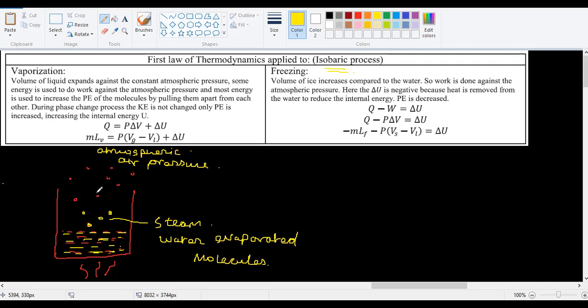So it's pushing against these air molecules. Okay, so read this with that background. Volume of liquid expands against the constant atmospheric pressure. What do you mean by that? So this much water, if I try to hold the steam, what will happen is it would have expanded some 1,000 times bigger. Okay, so that's a very interesting fact that if you try to convert the water to steam,